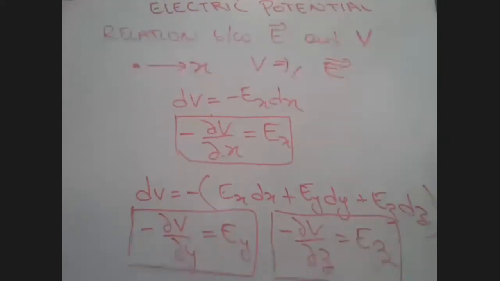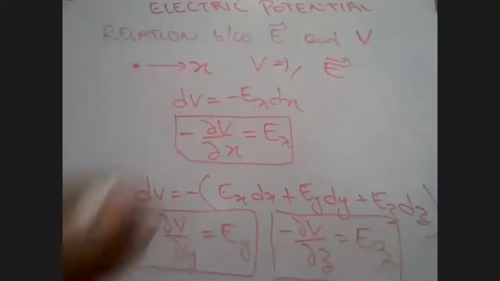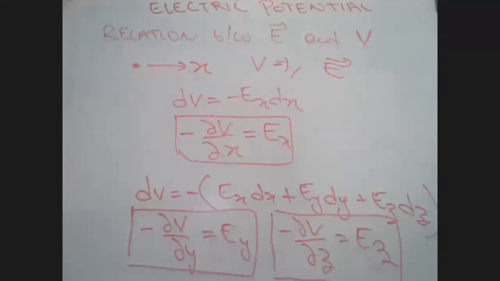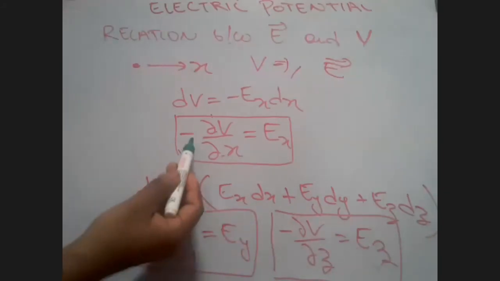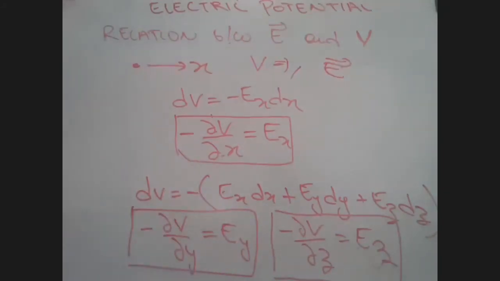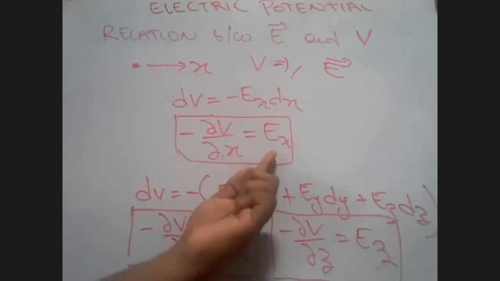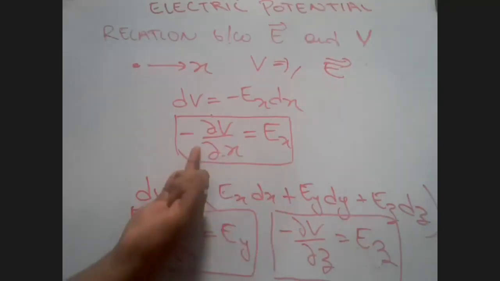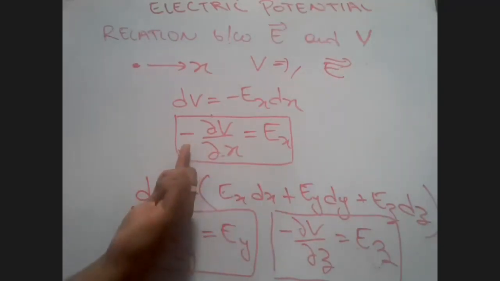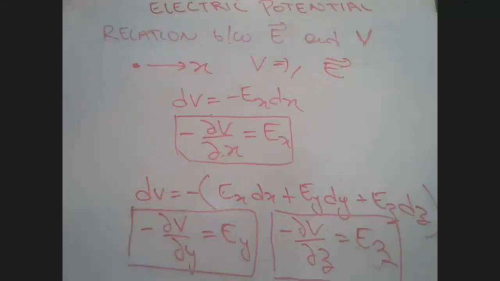Okay. So look here, yesterday we found out the relation between electric field intensity and potential, and what we came up with is a result that del V by del X is equal to Ex. Of course, there's a minus sign here. That means when you go in the direction of electric field intensity, the potential decreases. That is why the negative sign is there. That's the meaning of negative sign. So that happens on the y-axis as well, z-axis as well.